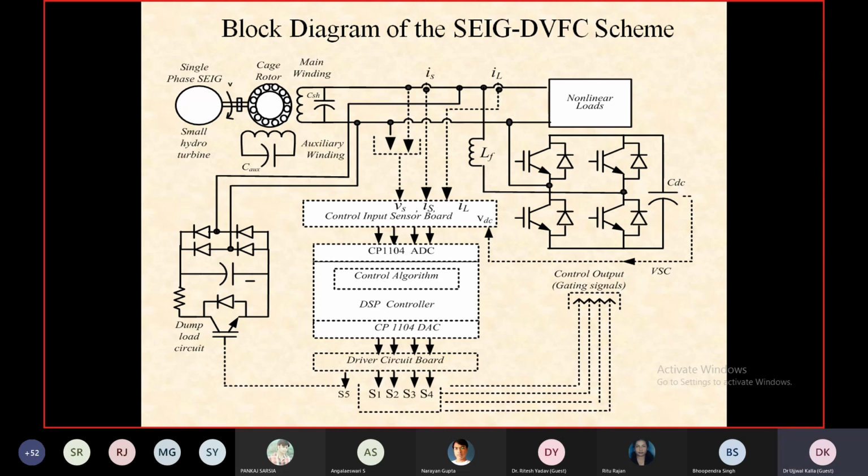In almost all cases, people use the indirect control scheme because that is simple, less complex, and in almost all cases, it has better performance. I implemented both these schemes in real time